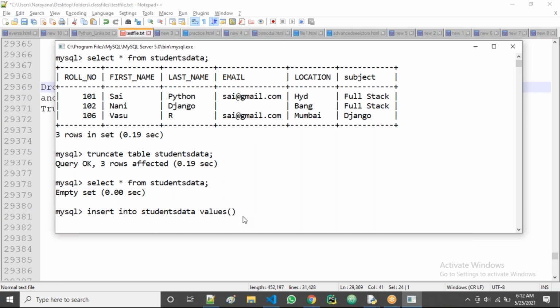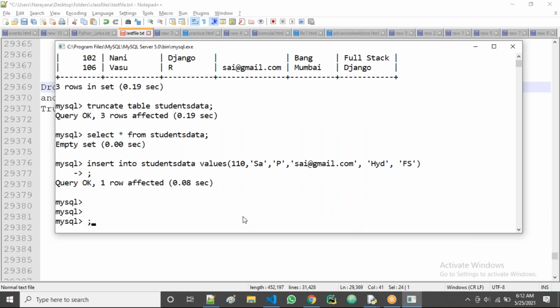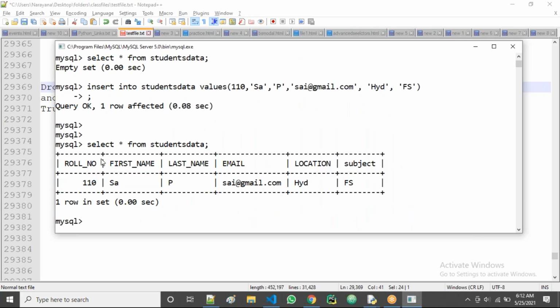Values: suppose 110, Sai, last name some T, email Sai at some gmail.com, location Hyderabad, and a full stack course. That's all. Enough, guys, right? Now run this query.